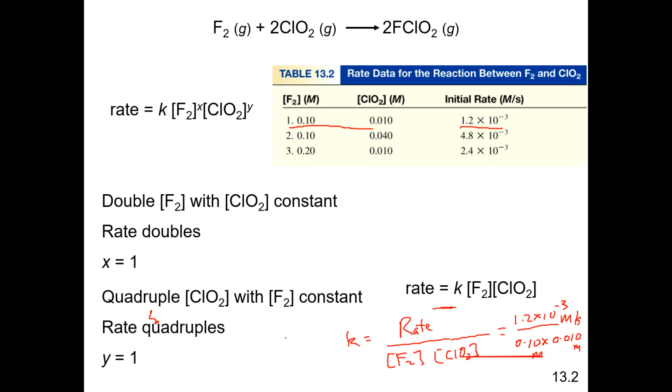this works out to be equal to 1.2, and the units here would be, the M is going to cancel out here and here, so the unit is going to be M to the minus 1, s to the minus 1. So this would be the answer right here. So that's how you determine the K value once you determine the orders of the reaction with respect to the